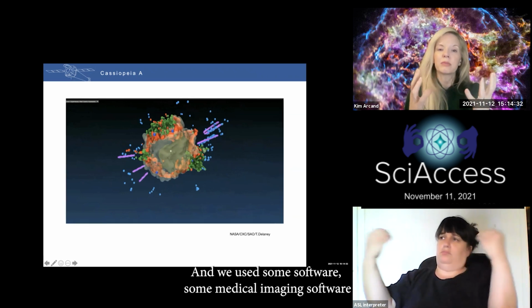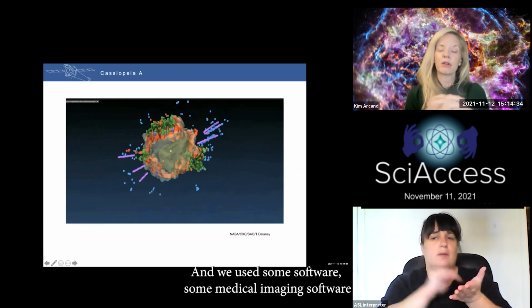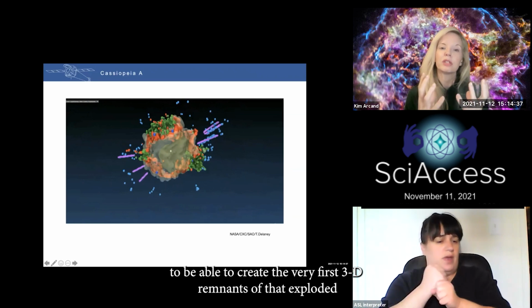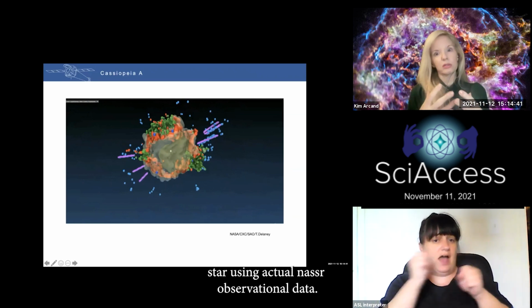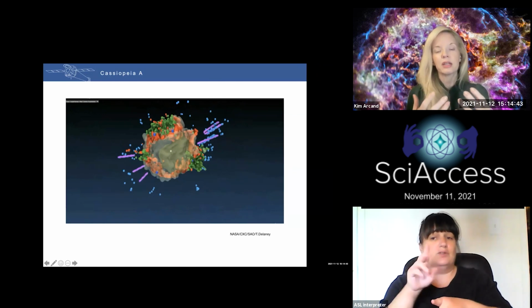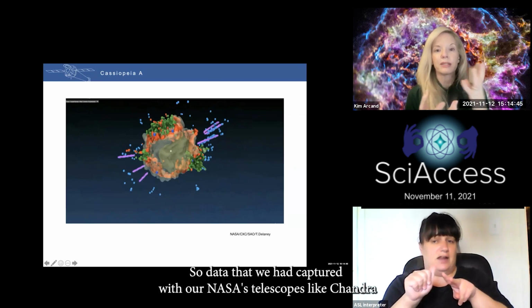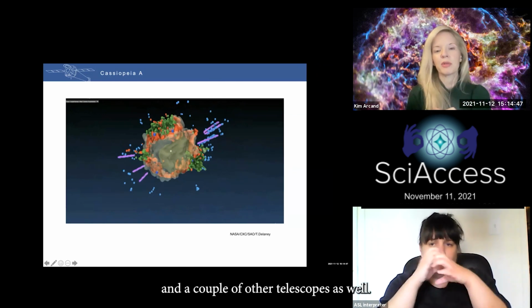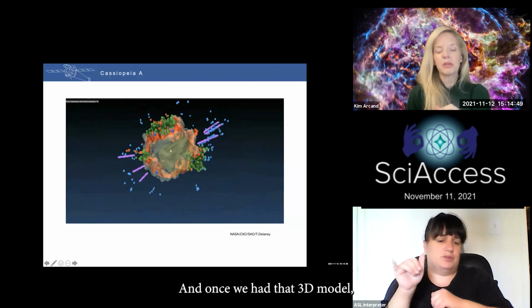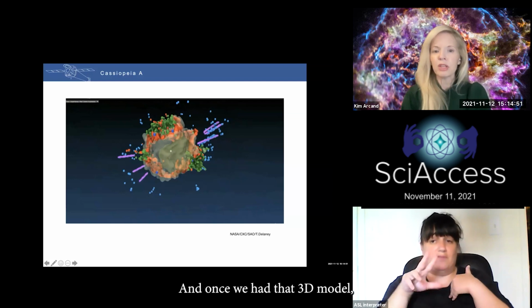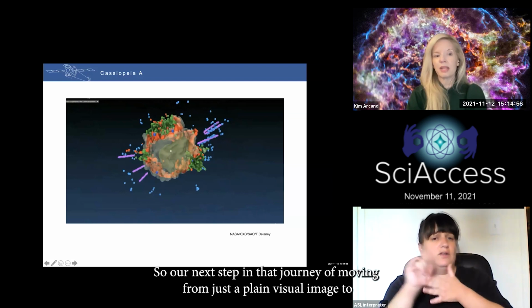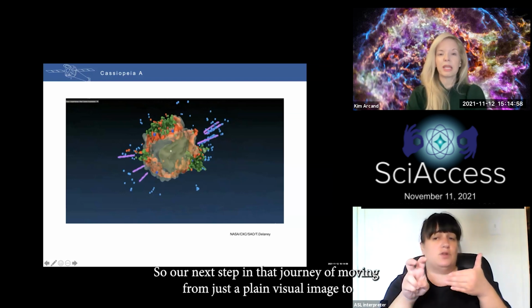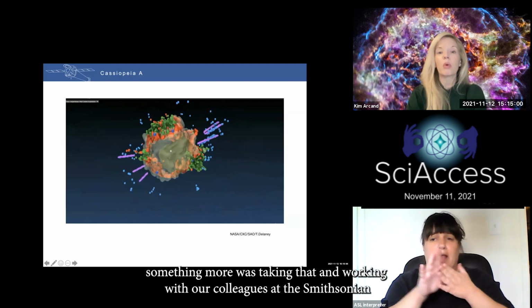And we used some medical imaging software to be able to create the very first 3D remnant of that exploded star using actual NASA observational data. So data that we had captured with our NASA telescopes like Chandra and a couple other telescopes as well. And once we had that 3D model, it really occurred to me that we could do an awful lot with it. So our next step in that journey of moving from just a plain visual image to something more was